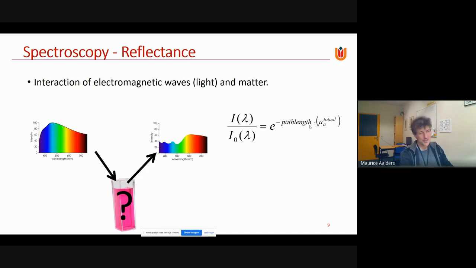So in practice, very simple. You measure the light in, the light out in these very nice cuvettes. You know the path length, so you can calculate the mu A. If you did it for all the colors, you have the absorption spectrum. So the absorption behavior is a function of wavelength, and that you can compare to reference spectra that you can find in, for instance, literature. Do you know what components are in there? So you measure a spectrum, you know the path length, and you have your composition,